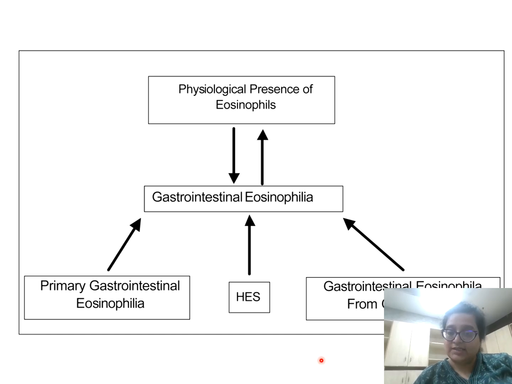It can be HES-like, or it can be due to, as I've already told you, some parasite, some IBD, some other infection going on, some drugs, GVHD-like features in mycophenolate mofetil toxicity. MMF is given to post-transplant cases. That is an immunomodulant. So when the toxicity of MMF happens, you get a lot of eosinophils in the gut mucosa.